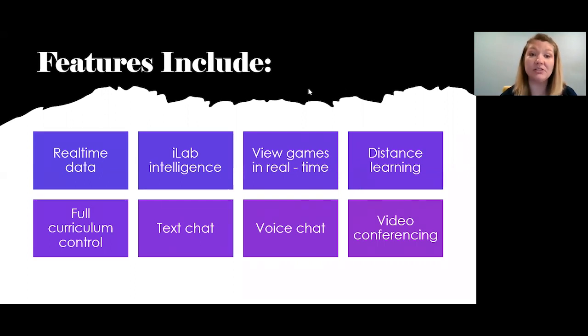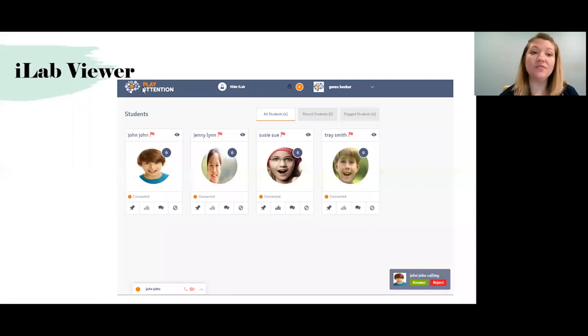So there's a lot of fabulous features that iLab provides, essentially the same features as if you were next to each other. You wouldn't obviously need that text chat or that voice chat or that video conferencing because you'd be right next to the individual. So iLab allows you to essentially feel like you're next to that person, helping them with their training. So when we talk about each of the different features, we are going to go through each of those features here individually. I'm going to show you some screenshots and give you more information on there.